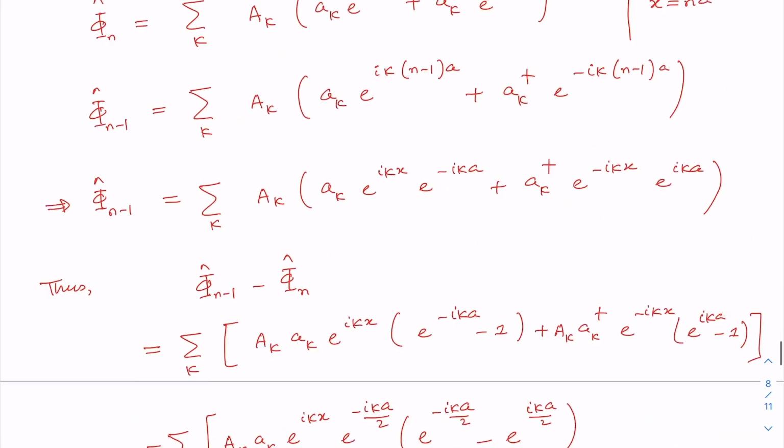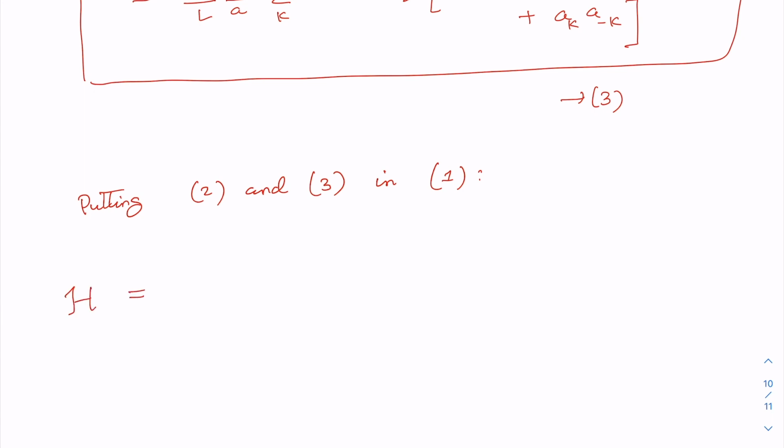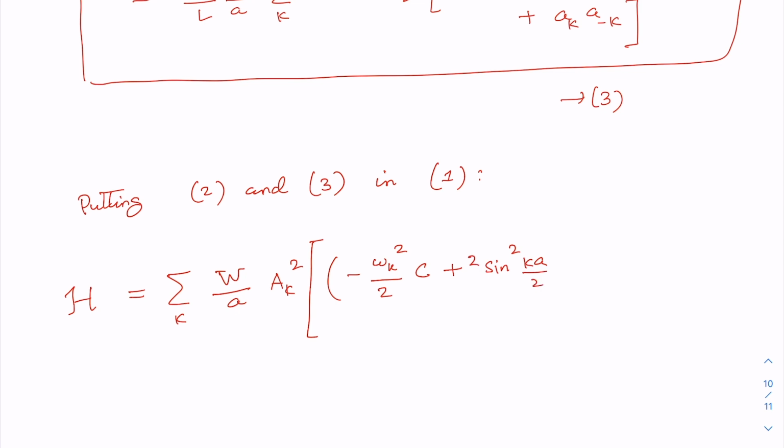Putting 2 and 3 in 1, we will get the Hamiltonian as, after doing a bit of algebra, W by a, ak square, and you will get terms like this: minus omega k square c by 2 plus sine square ka by 2 by l